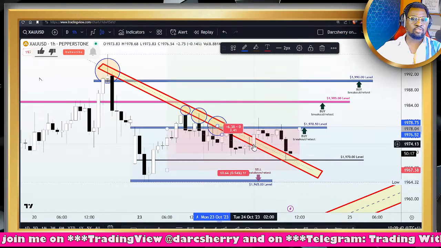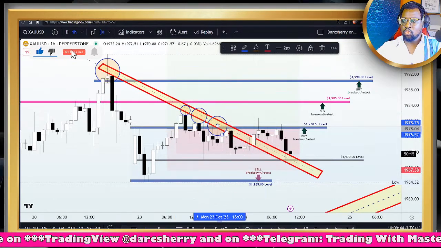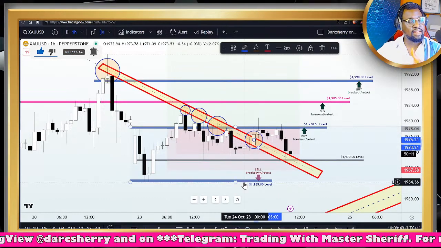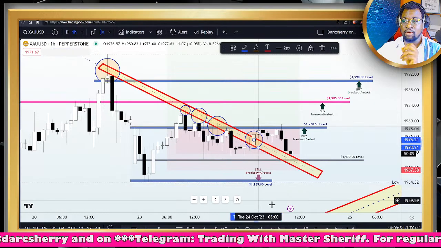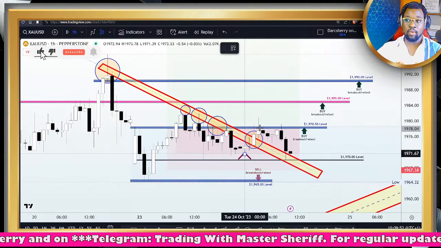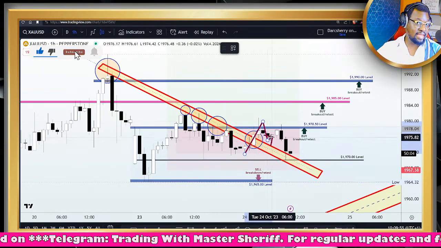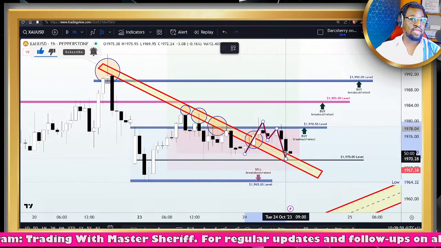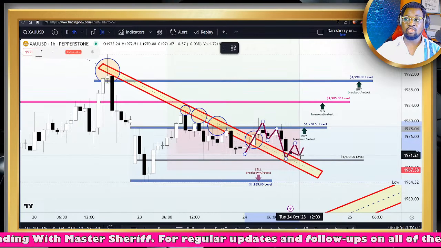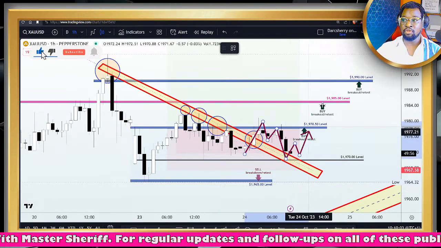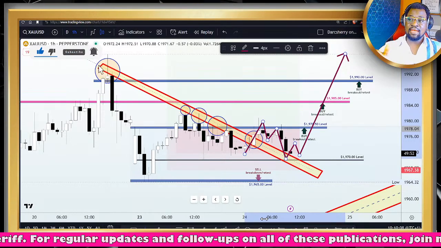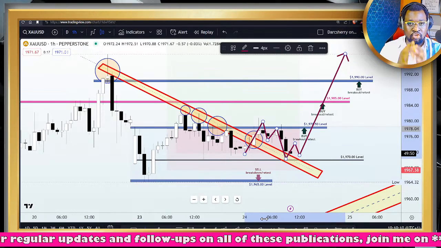And not until the early hours of today, we saw price break out of that trend line. And from a technical standpoint, when price breaks out of a structure such as a trend line we have here, price is likely going to come back and retest the structure where the appearance of buy pressure here could give us a beautiful opportunity to join the uptrend scenario. And as it is right now, price is still struggling.